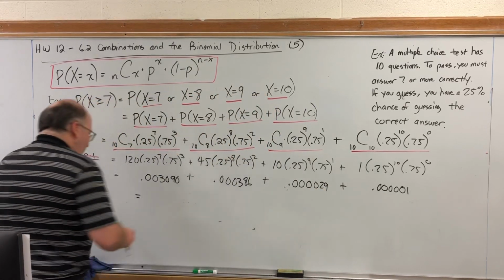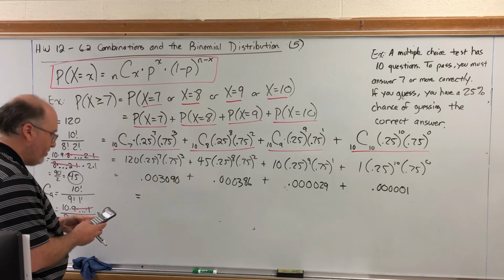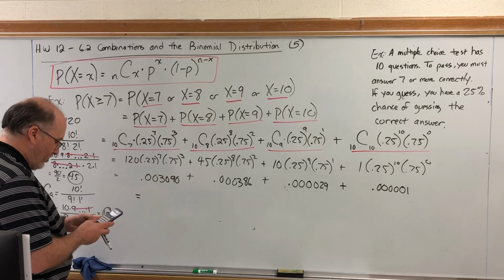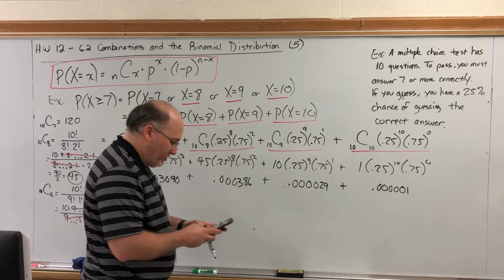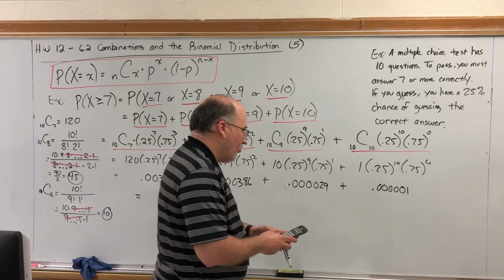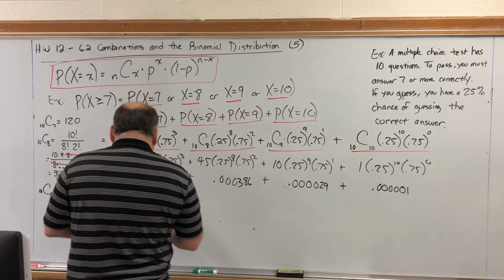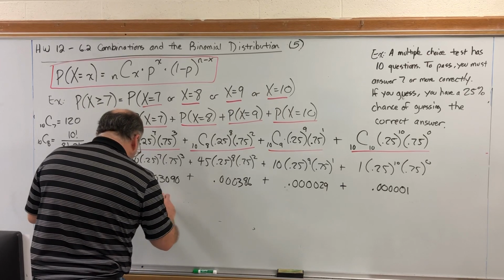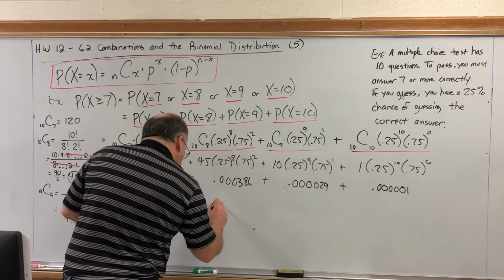So the probability of passing is the sum of all these. 0.003090 plus 0.000386 plus 0.000029 plus 0.000001 for a grand total of 0.003506, or as a percent,